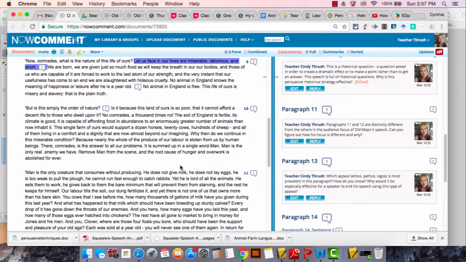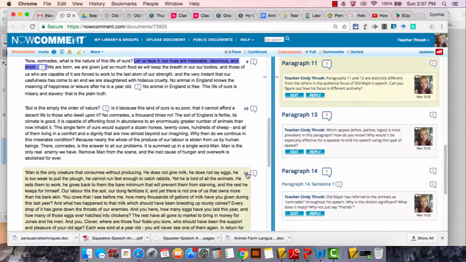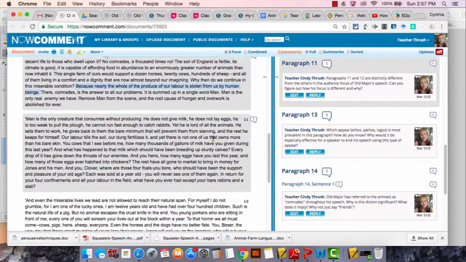What's interesting is you can either talk about a sentence. See, I highlighted a sentence and make a comment about just that sentence. Or if I want to say something about the whole paragraph, I would click on the number. This is paragraph 11. And if I click here, I can say something about the whole paragraph if I want to. Okay, so play around with the site and add your 5 comments and kind of see what your friends